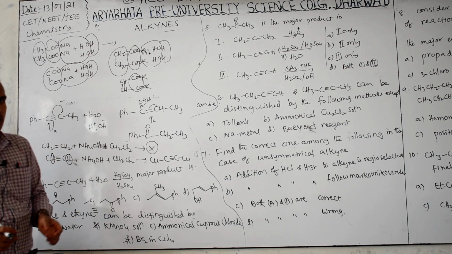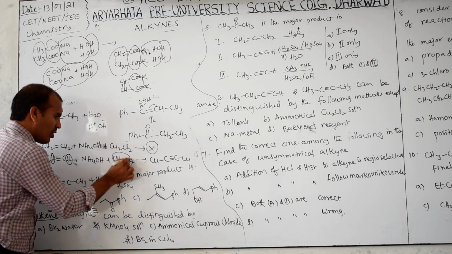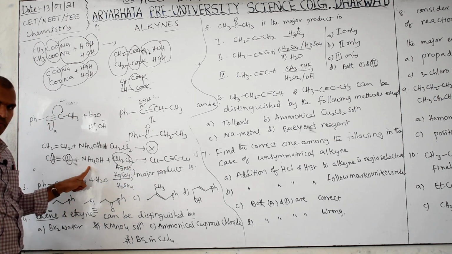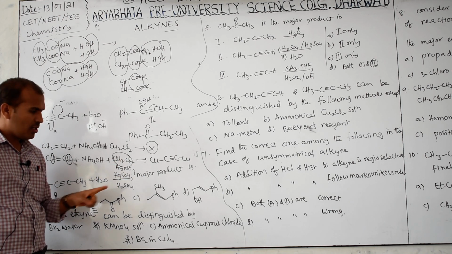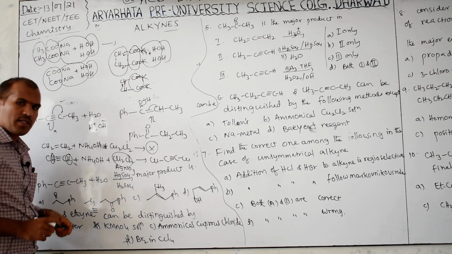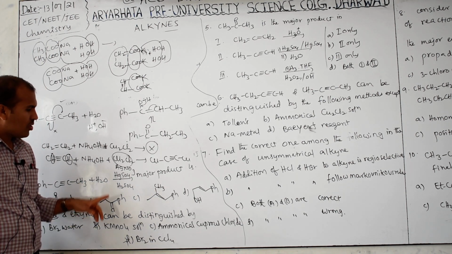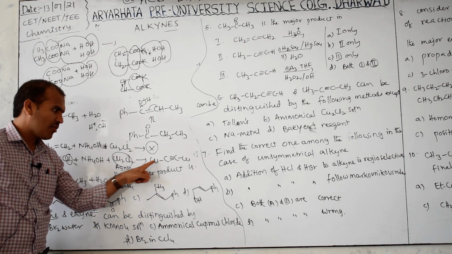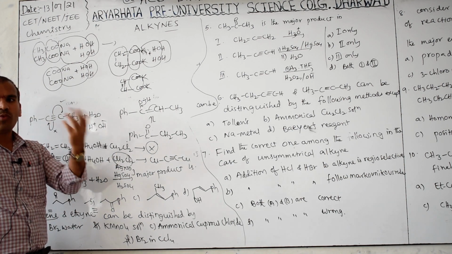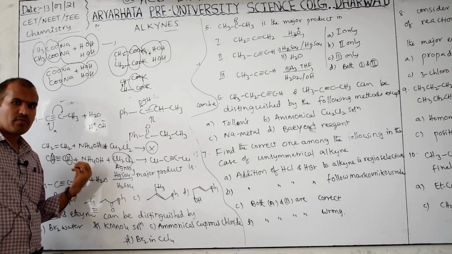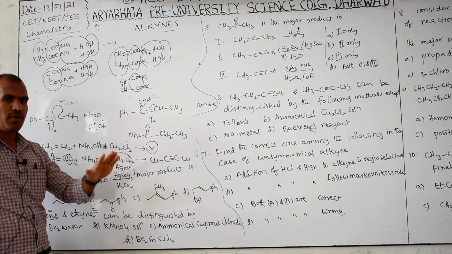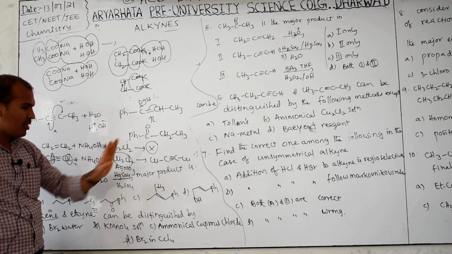Another one also is there, that is called, instead of this you will get silver nitrate. This is the same, only this is the change. If these two are there, that is called Tollens reagent. This is there, that is called ammoniacal cuprous chloride. So here silver will come, and here copper will come. It is not in the textbook, it is in the old textbook, and these are important also. If not there, don't think about this, it is not in our textbook, not at PUC level, but it is present at competitive level.